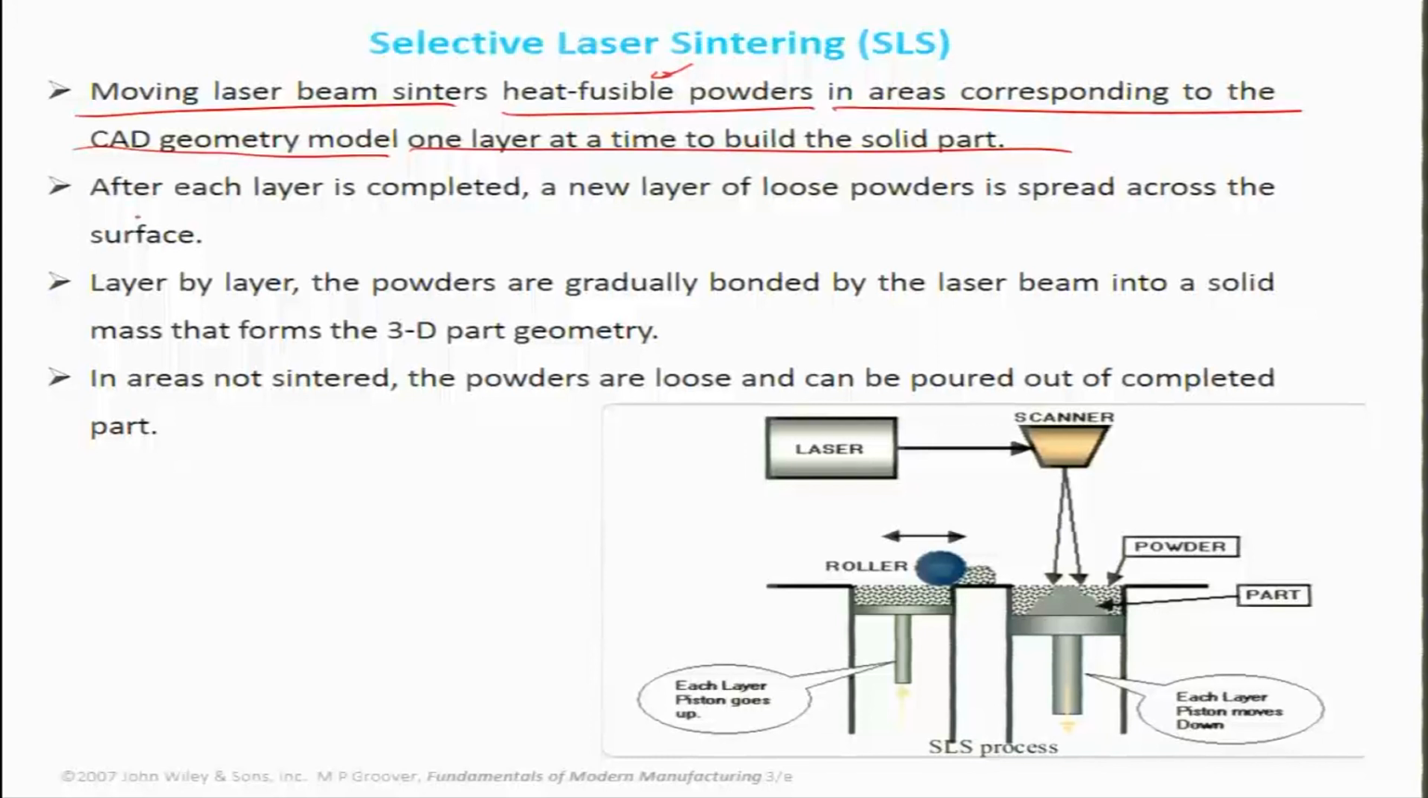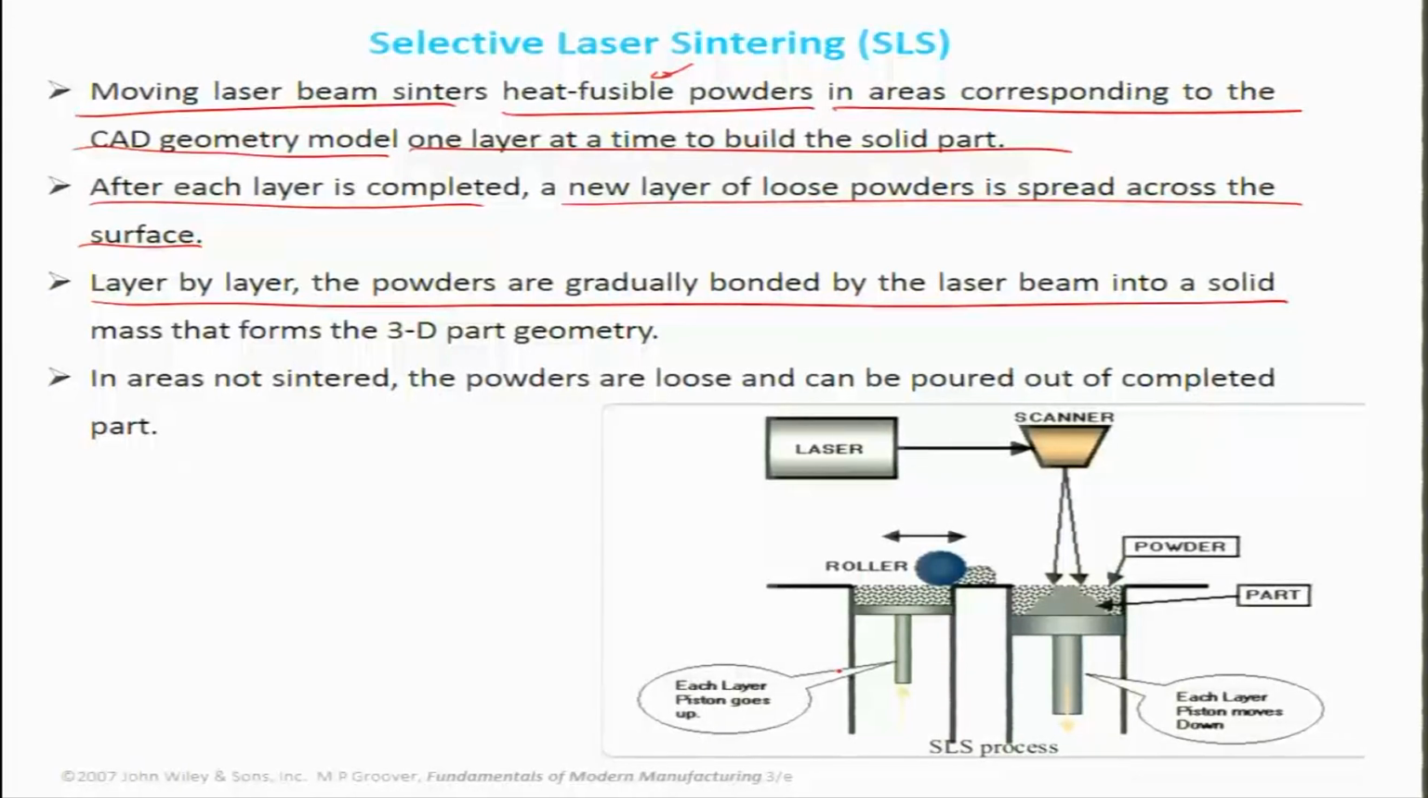Okay, so after each layer is completed, a new layer of loose powder is spread across the surface, which is again laser treated or heat fused, so that it becomes a part, one additional layer to the layer that was ending the part below. This way, layer by layer, the powders are gradually bonded by the laser beam, and they form a solid mass that forms a 3D part geometry. In the areas not sintered, the powders are loose and can be poured out because the laser didn't focus on them, and so you can reuse some of these powders